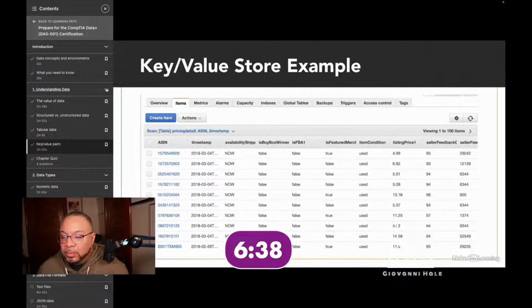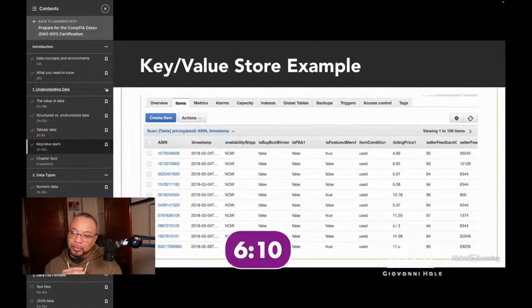Now, if we tried to store that information in a relational database, it would be incredibly expensive to build a database that's capable of processing and storing information that quickly. Instead, we're using a key value store that has a multi-part key: the ISBN of the book, which is called the ASIN here, and the timestamp of the record. This is very efficient for us because we only need a small fraction of this information later, but we don't know in advance what information we're going to need.